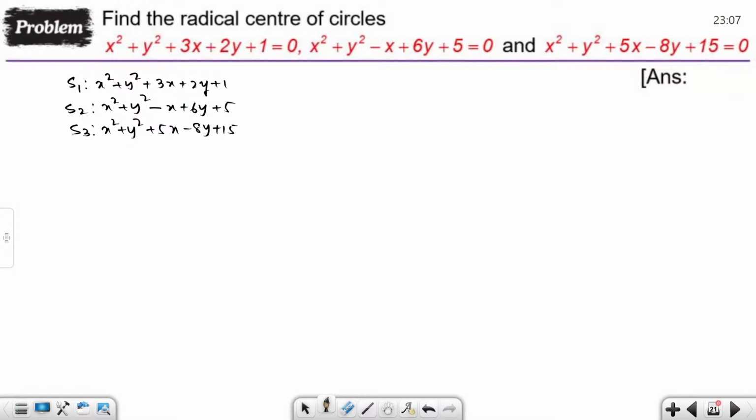So now if you want to find out the radical center of those circles, we have to find out the equations of two radical axes. And if we solve two radical axes, we are going to get the radical center. So what is the radical axis formed from these two circles S1 = 0 and S2 = 0? It is given by the equation of the radical axis